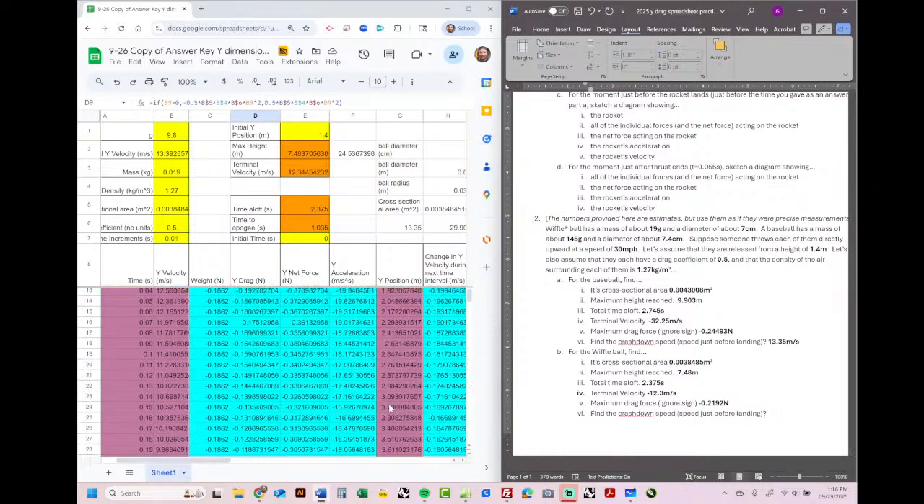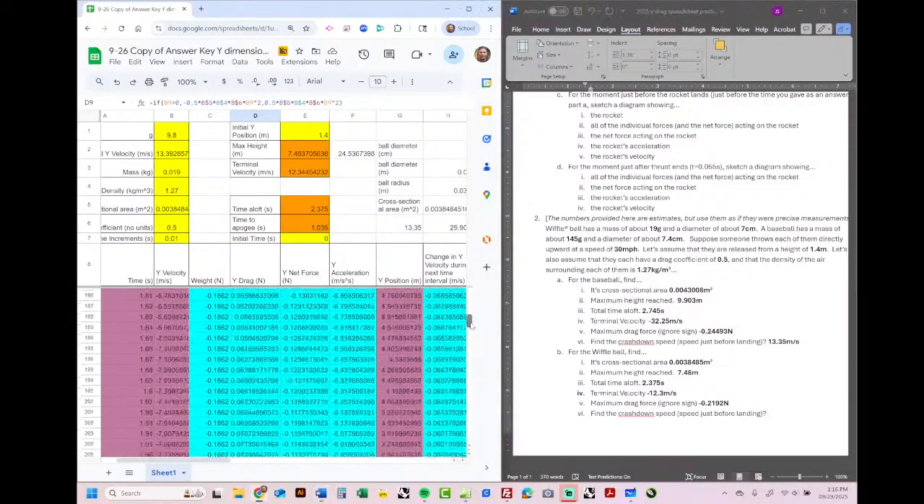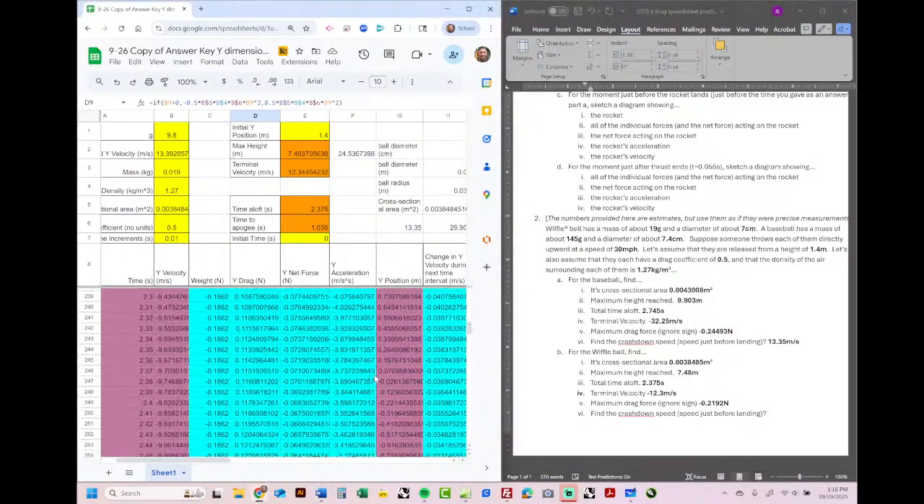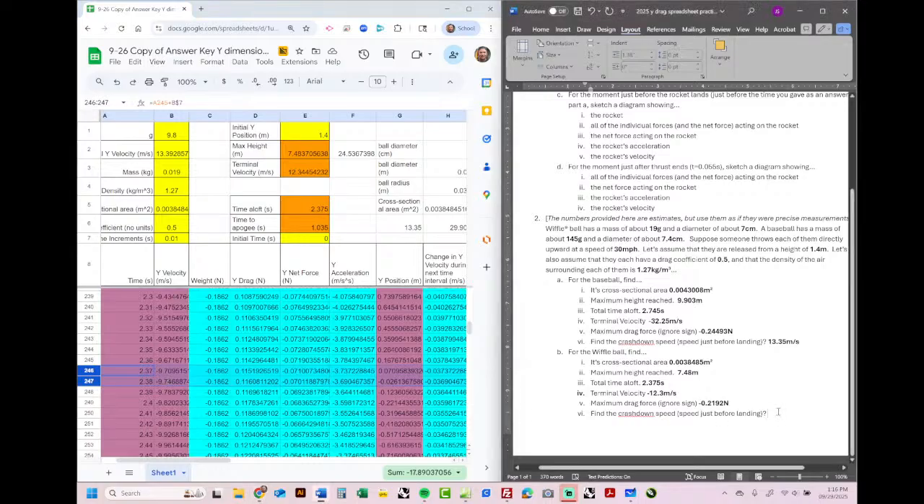And then crash down speed. Again, I need to go to when the Y position is 0 at 2.375 seconds. Right in here. And then I need to look at the Y velocity. The Y velocity is negative 9.7. But I'm going to put 9.7. All right, so it's not going very fast,